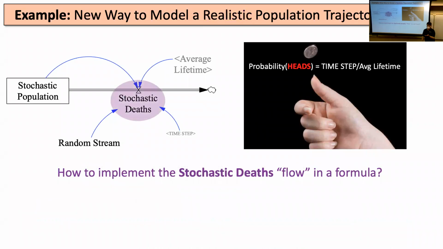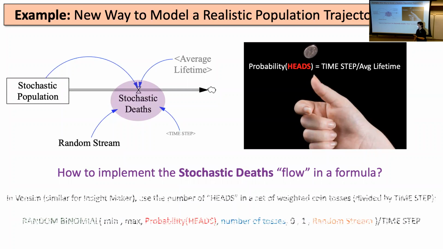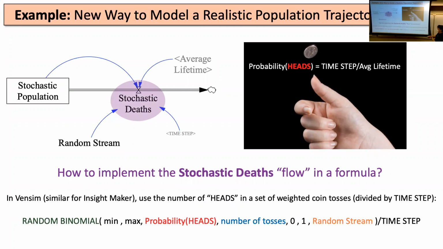So no fractions, like I was just saying. How do we actually implement that in VinSim? Well, this is kind of a mouthful here, but the syntax doesn't matter that much. I'll show you the salient features, but there is basically this function here called random binomial. This is a way to simulate a bunch of coin flips. The idea here is that this is going to say, if you flipped a coin 10 times and that coin had a certain probability of being heads, how many heads would come out of that?